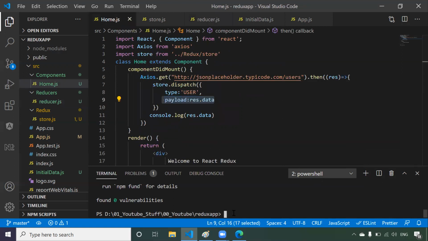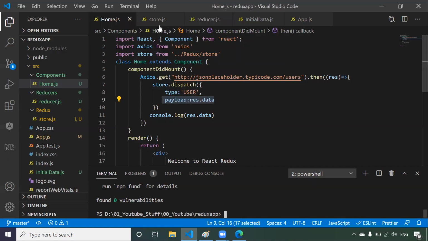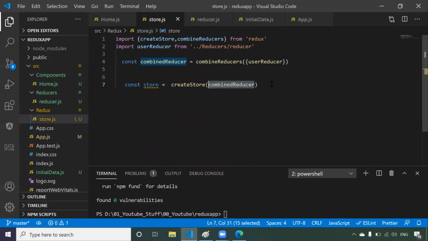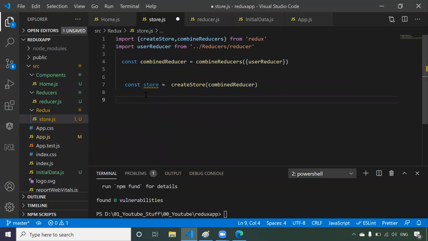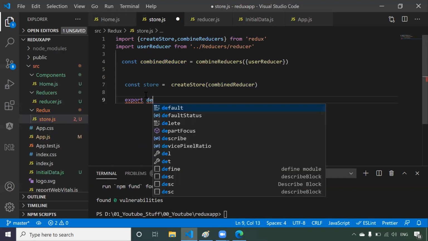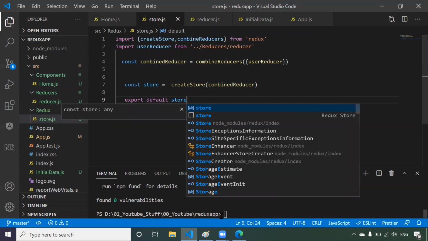Now let me execute our application. It is already saved. If you come here, you're getting an error that it does not contain a redux port. So if you come to the store, we have imported the store, but we didn't export it. If someone wants to use this store, first of all we have to export it. Who is using the store? This home component is using the store for the dispatch, like we have imported. Before that we have to export it. So export default store.